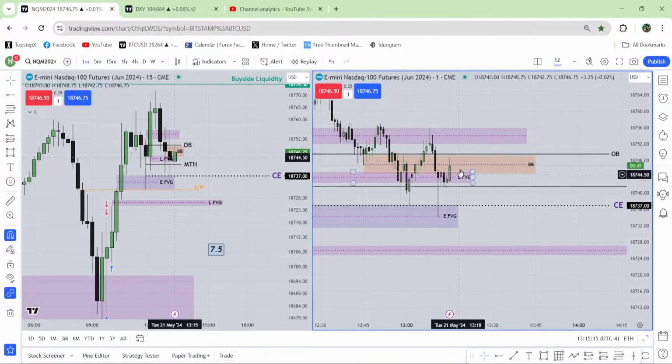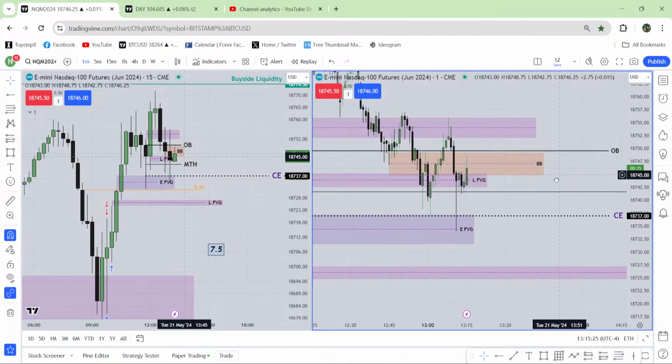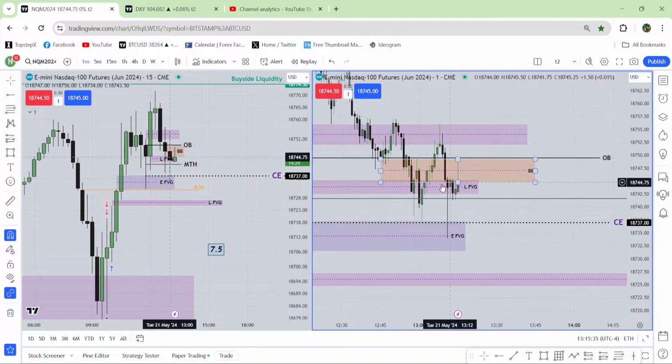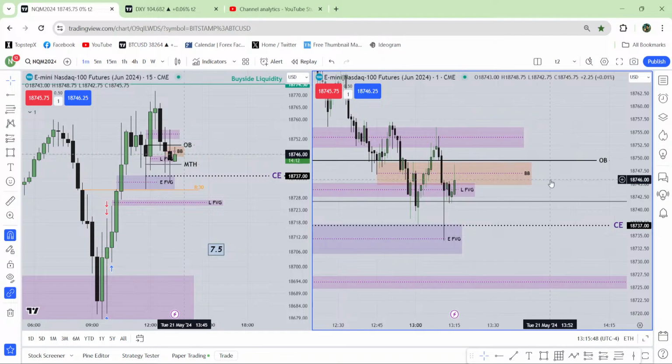What ICT actually does is take the entry when the market just goes above the breaker block, but I can't use the breaker block that way. Instead, I wait. If the market closes above the breaker block, then I take re-entry. But ICT says when you see the market just went above the breaker block, take the entry. If you get stopped out the first time, then take entry the next time when the market just goes above the breaker block. But I wait for the candle to close above the breaker block. I will wait for that again.